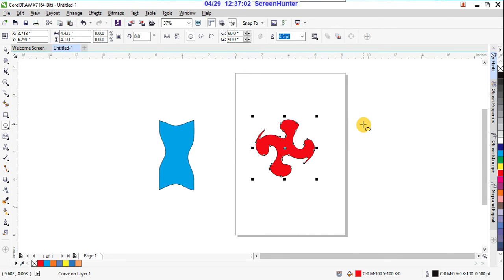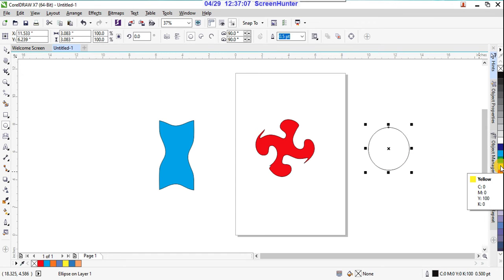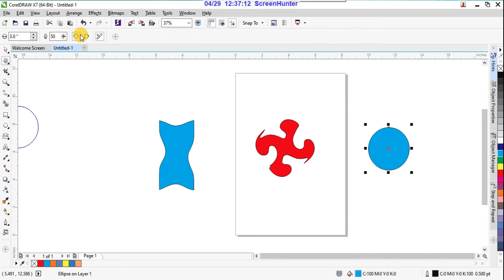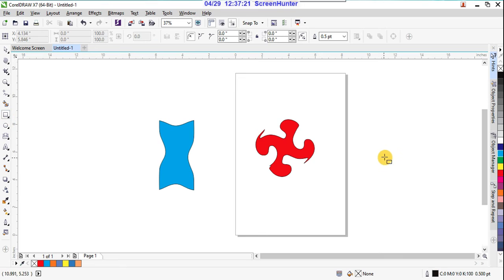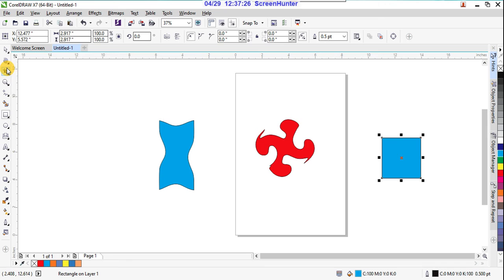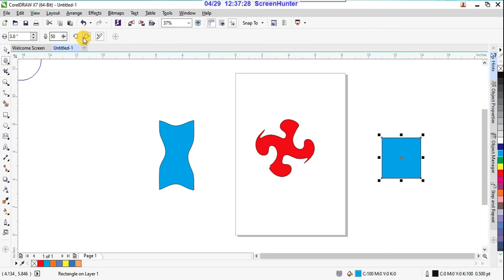Suppose here I'm giving one more shape, this time in blue, and now use this twirl tool, and now this is the opposite. Here I want to take a square box, not a circle actually. Now take this twirl tool and click on this, and now see, this is changing to the other side, the opposite side.